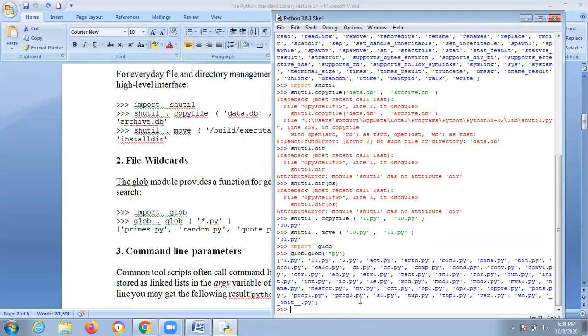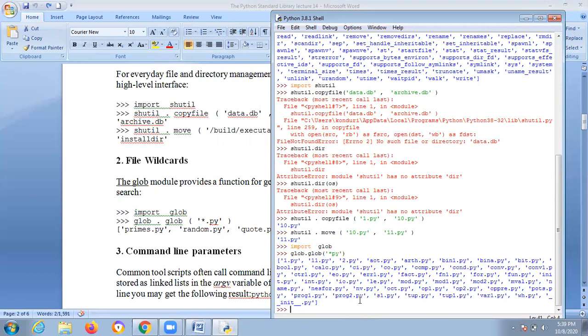Yes, absolutely. 1.py, 11.py, and everything, whatever files you have, these files are present in my laptop, the programs I taught to other students like this. These programs will be displayed. Glob, globally, large objects, whatever is there, will display everything.